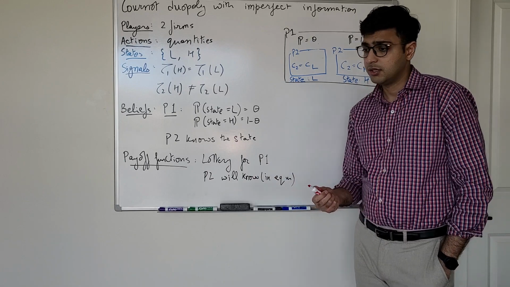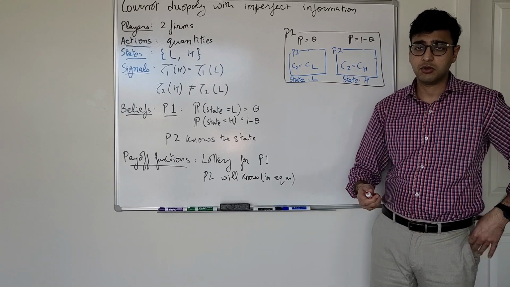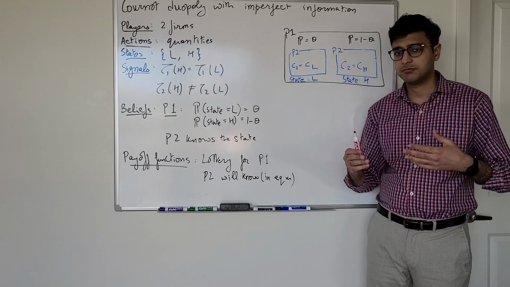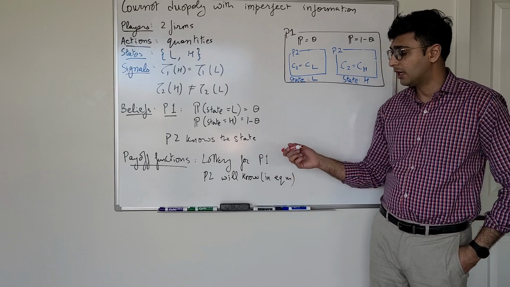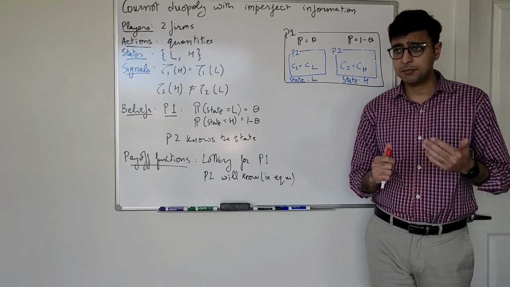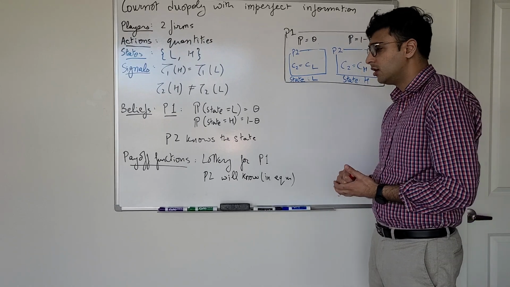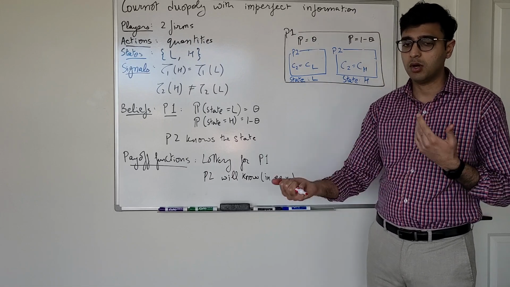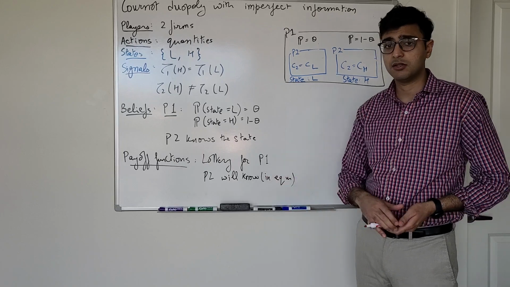The payoff function is basically profit, right? Player 1, player 2 of type L, and player 2 of type H, whether you want to call it 1, 2, or L, H, it's up to you. Player 1 and both types of player 2 will choose quantities, and the payoff will be based on the profit function. Player 1's profit will depend upon which player 2 he is up against, because the quantities chosen by each type of player 2 will be different.